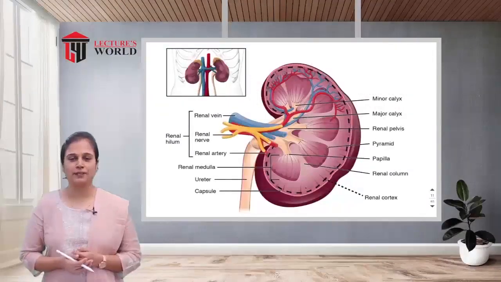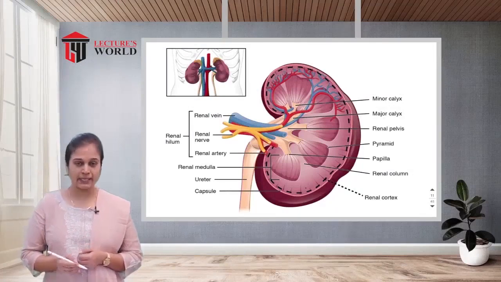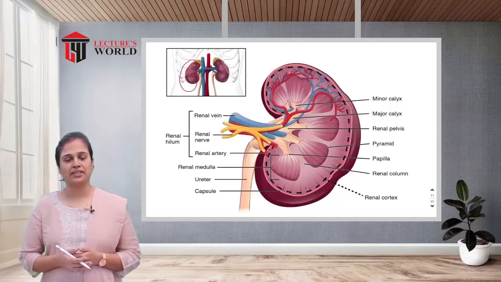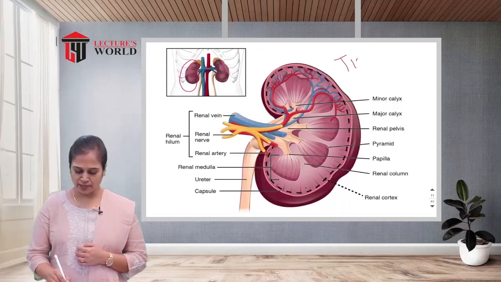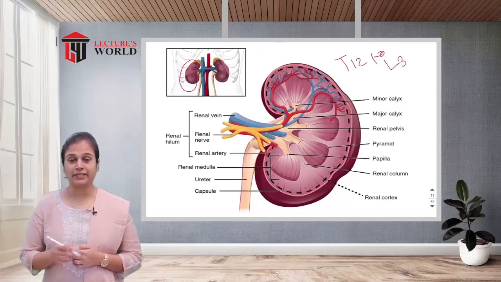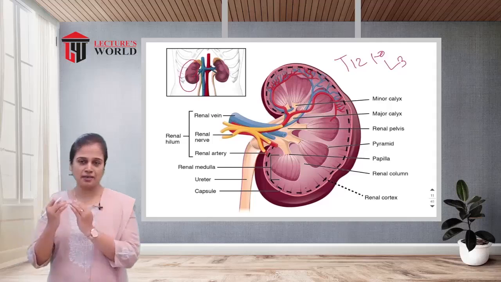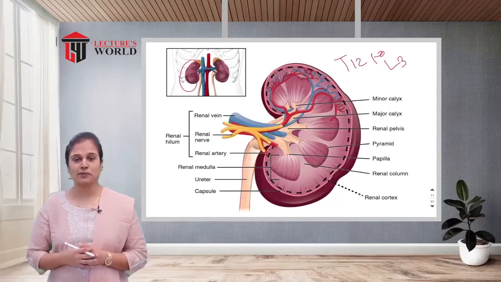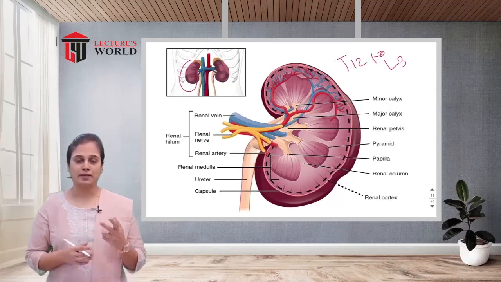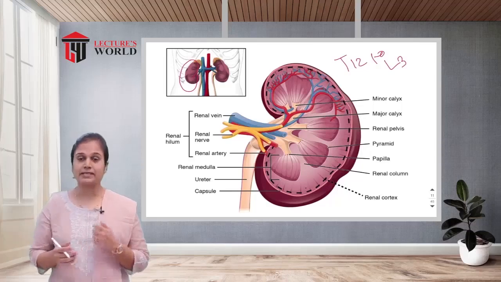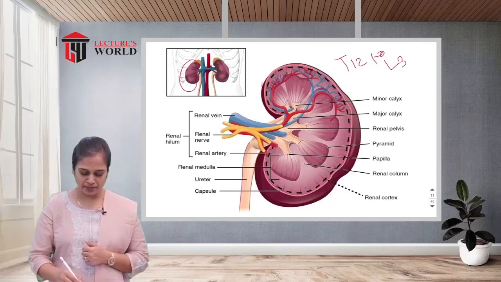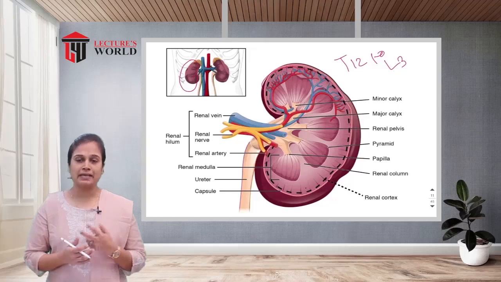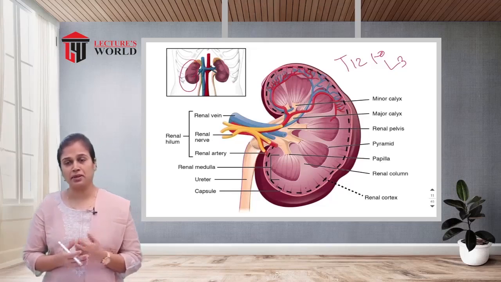In a nutshell of the anatomy of the kidney, we saw that the kidney is a bean-shaped paired organ which is located retroperitoneally between thoracic 12 to lumbar 3 vertebra. The right kidney is slightly lower than the left kidney because of the presence of the liver. Kidney anatomy is basically divided into two: internal anatomy and external anatomy. In the external anatomy of the kidney, it has three layers. The innermost layer is the renal capsule, the second layer is the adipose capsule, and the third layer is the renal